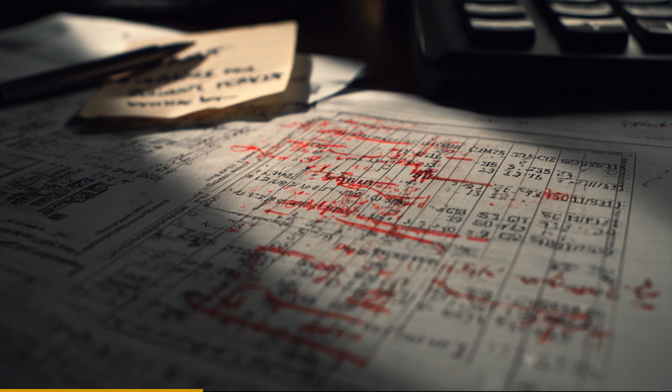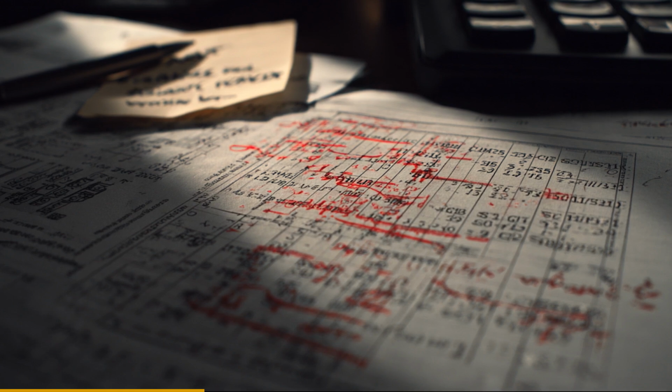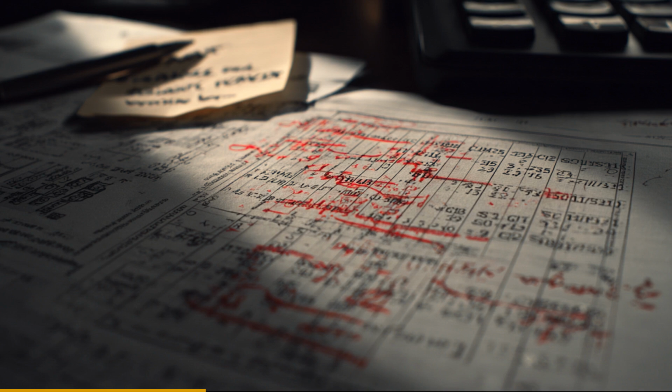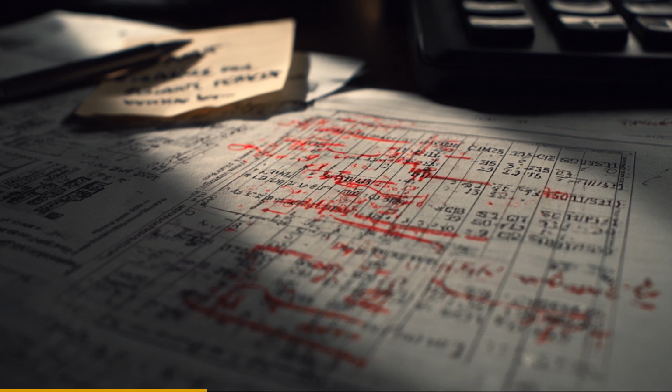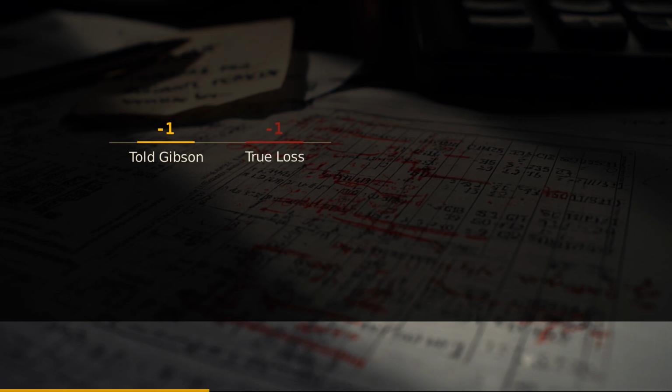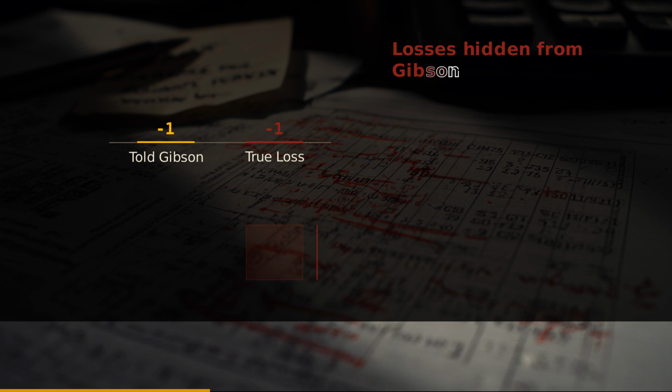Step 4. This is where the markup convention becomes the instrument of the fraud. As the losses mounted, Gibson asked Bankers Trust for valuations. Bankers Trust controlled the number. The SEC's findings established that the bank did not report the true magnitude of the losses. It reported figures that understated them.